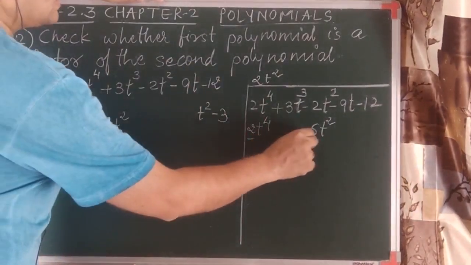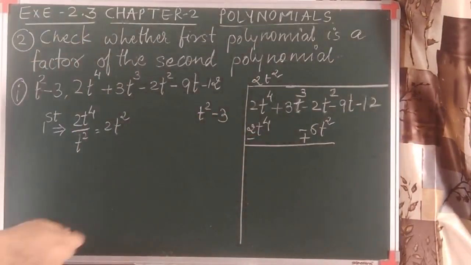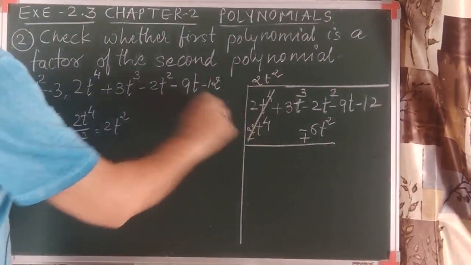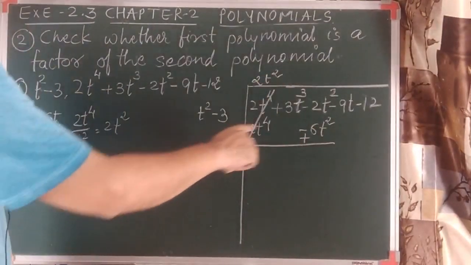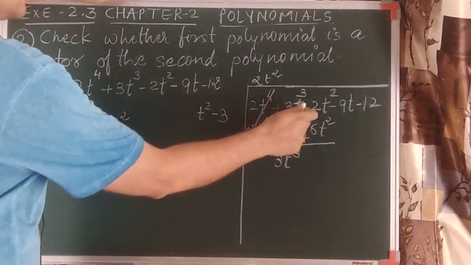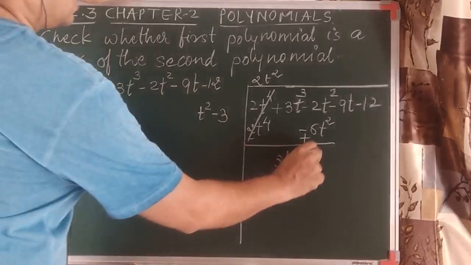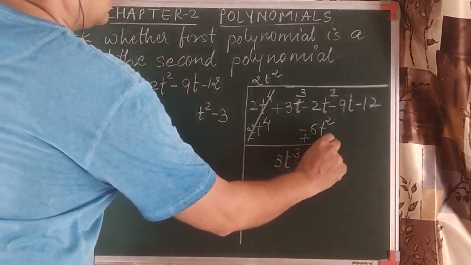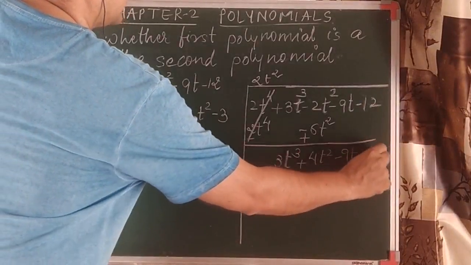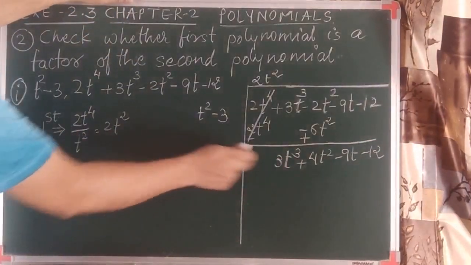Now we have to change the sign, as we discussed. We are doing the subtraction. So sign change: if it is positive it becomes negative, if negative it becomes positive. The first term is always cancelled. We carry the same term as it is. As it is minus plus minus, 6 minus 2 is 4, sign of the bigger term. Let me carry both the terms. You can carry one term or both terms, it doesn't matter. Now this is the dividend.